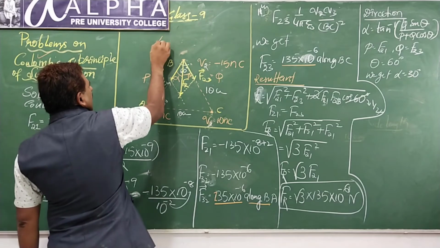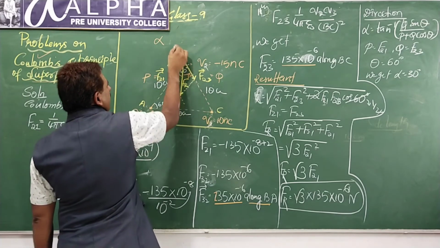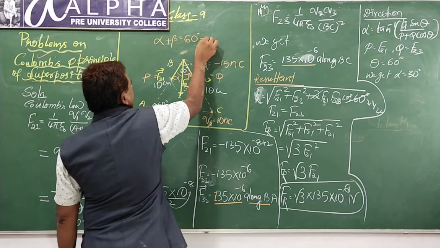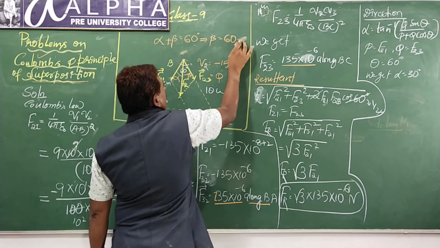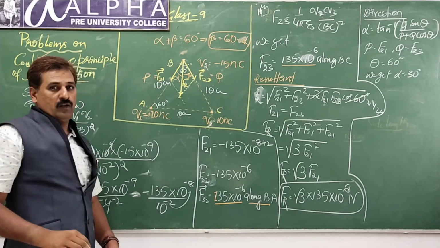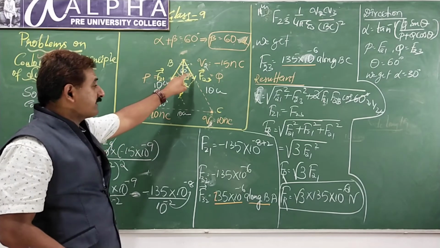So what is alpha? Angle between this and this. What is beta? Angle between this and this. If we add, what should you get? 60. Therefore, what is the value of beta? Beta equals 60 minus alpha. This way also you can think and find the value of beta. If there is a question to find the angle between the two forces and the resultant,